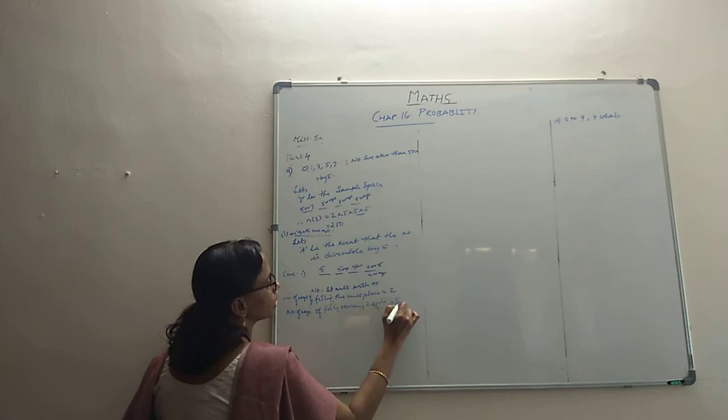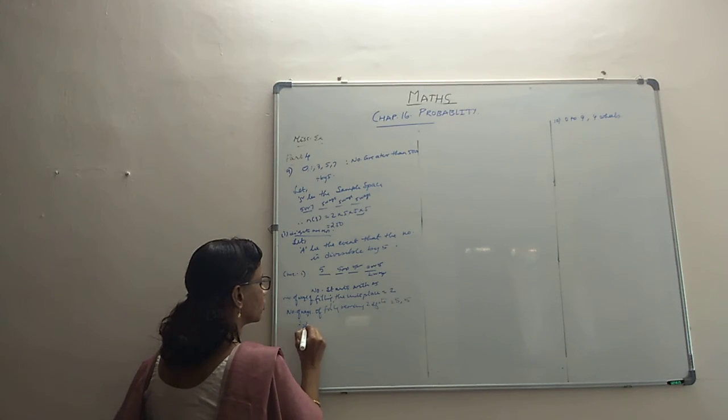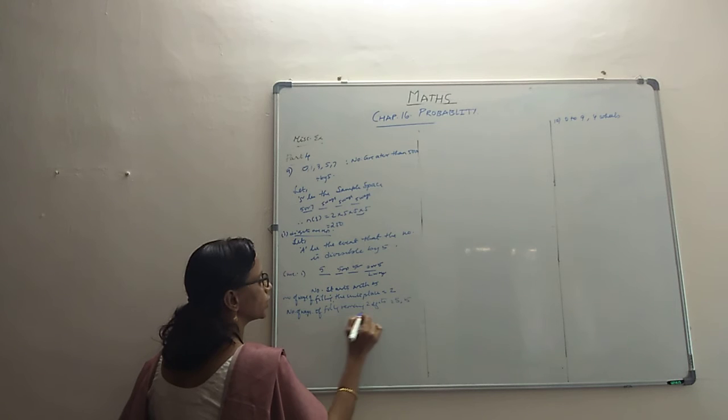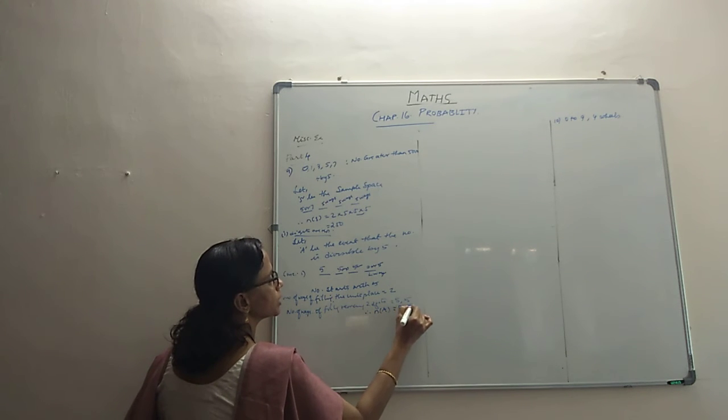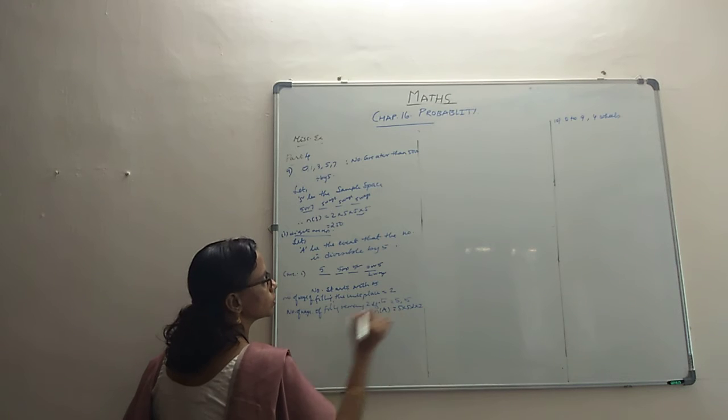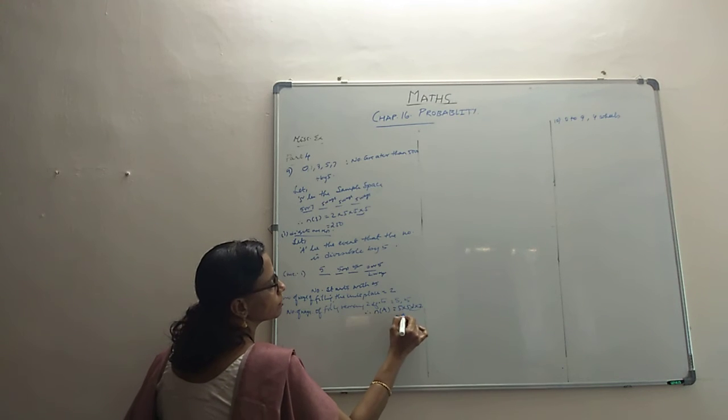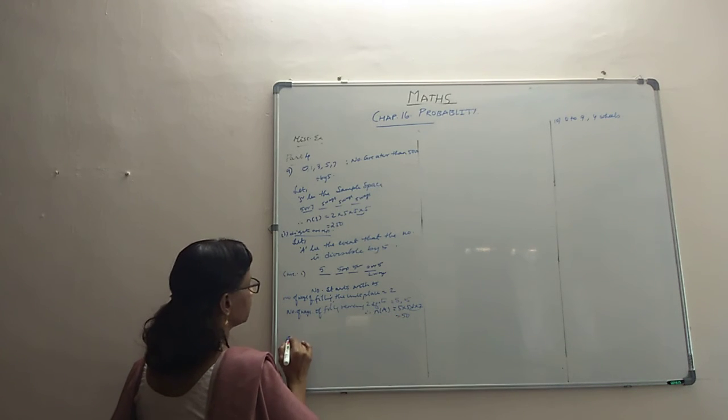Is also 5, 5. So therefore total number of ways, or rather n of A, is 5 into 5 into 1 into 2, right? 5 2s are 10, 50. Now case 2,